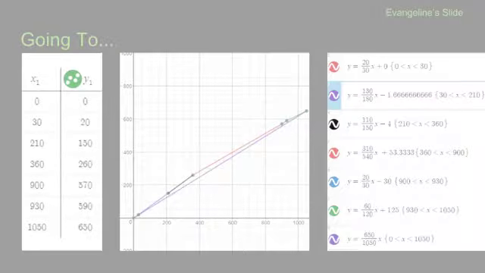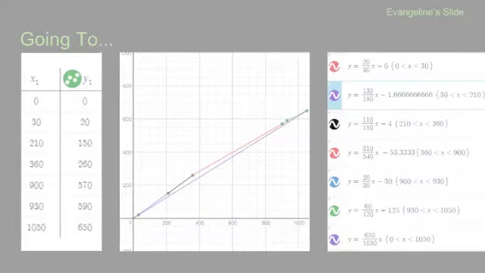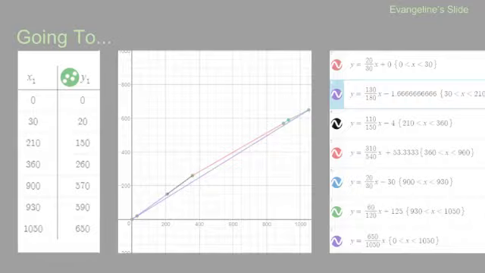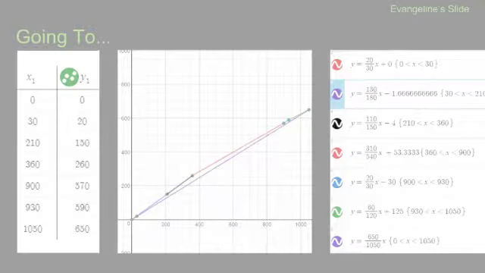On this graph, the x-axis represents time and the y-axis represents distance. To get the lines between each point, y equals the distance between the 2 points of y divided by the distance between the 2 points of x. For example, the distance between 0 and 20 is 20, so I'll divide that by the distance between 0 and